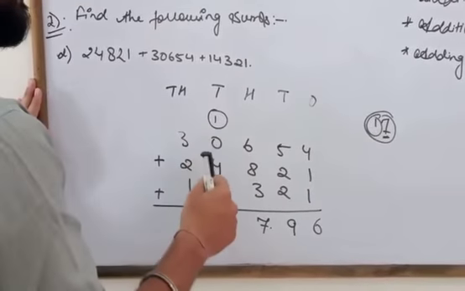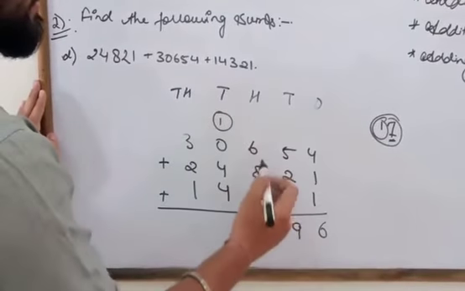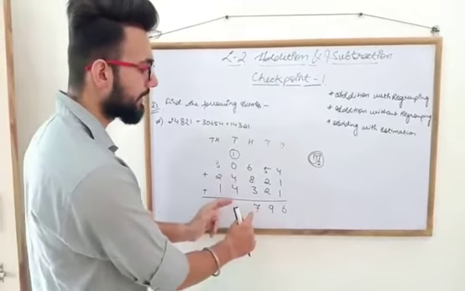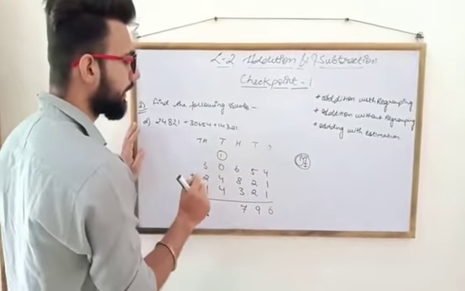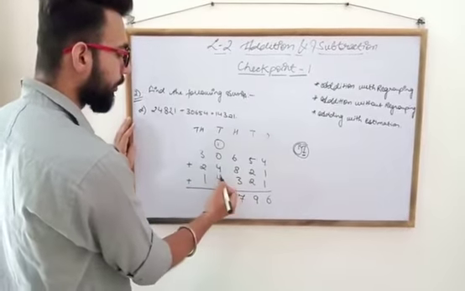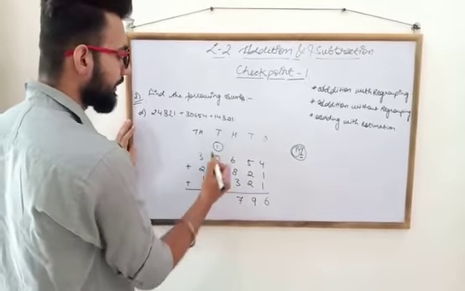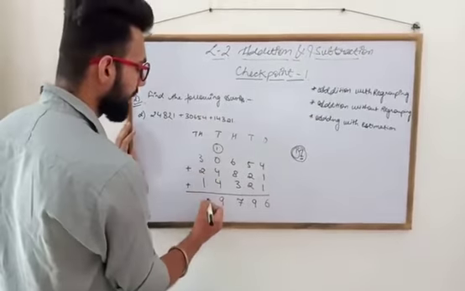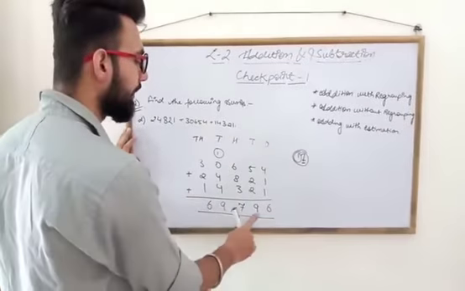Okay, this is actually what is regrouping. When the sum of the numbers in one place exceeds 9, as the sum over here is 17, it is exceeding 9, right? So we carried 1 over to the thousands place. So first we will add 4 plus 4 is 8, and we add the 1 which is carried. So 8 plus 1 is 9. So we will write 9 over here. And 3 plus 2 is 5, 5 plus 1 is 6. So the answer that we got is 69,796.